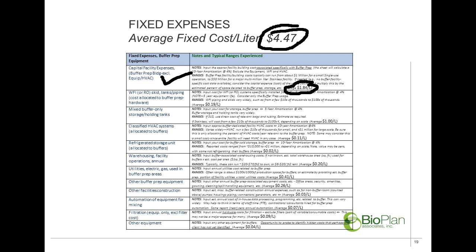This average number here, this $1.84, makes absolutely no sense to put in there. There is no such thing as an average facility. So that's not what you want to be putting in. What you want to be looking at is your own experience costs. And if you don't know that, then take a look at the ranges, and that way you can make a much more educated guess, or educated estimate, on what kinds of costs you are going to be experiencing for each and every one of these line items. We do the same thing for the